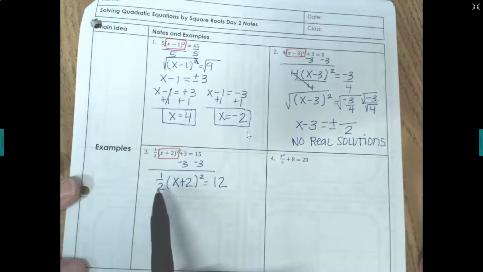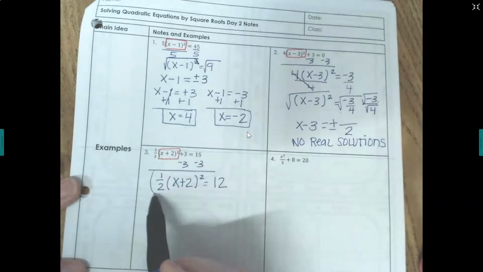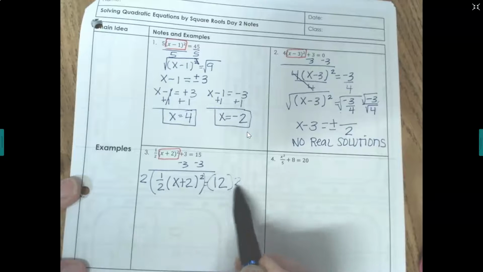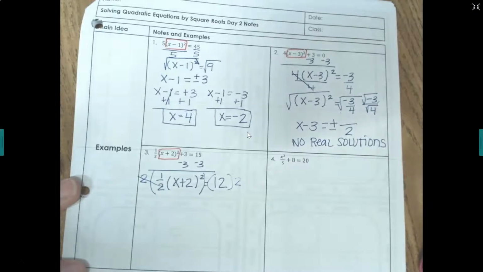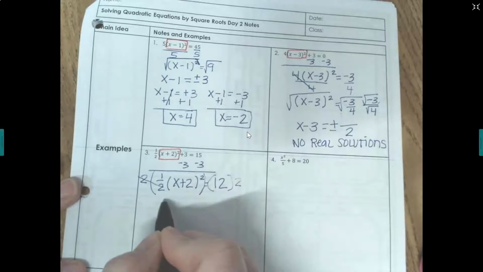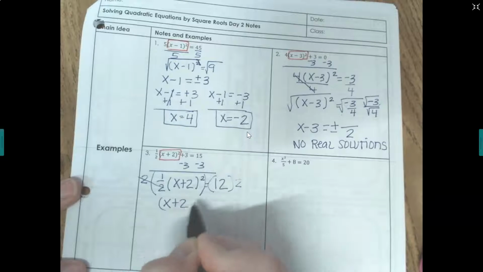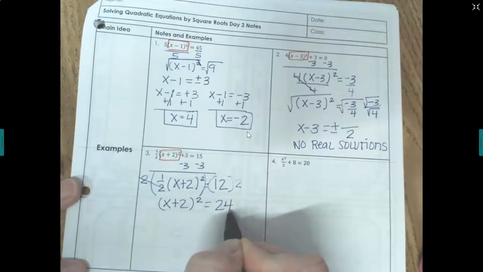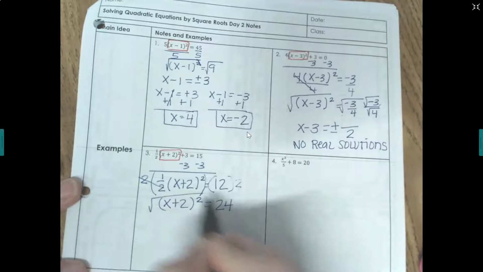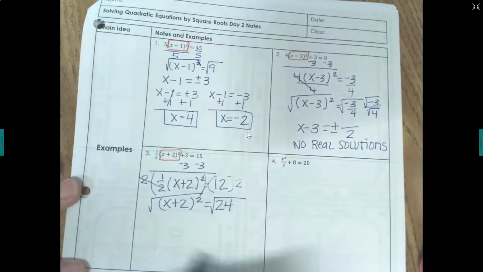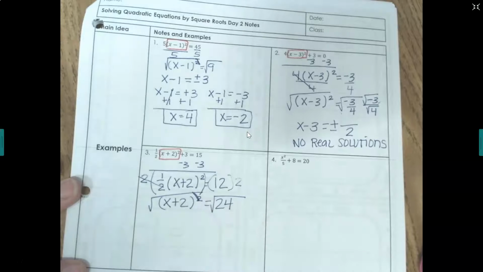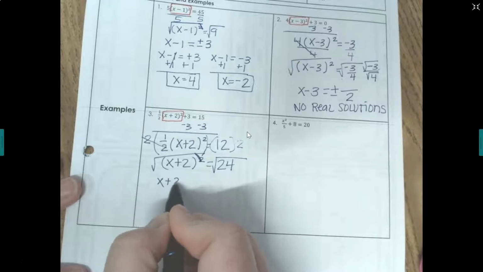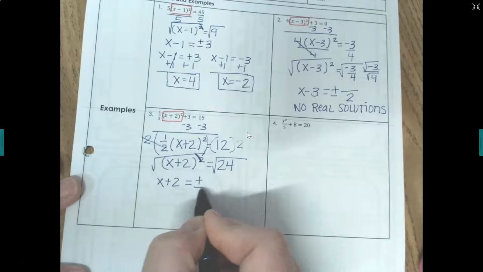We need to get rid of the 1/2. It's already dividing by 2. So if I multiply by 2, I can get this 1/2 to cancel to 1, leaving (x+2), it's still squared, equals 24. We're going to square root both sides. Remember, the square root cancels the squaring here, and we have x plus 2 equals plus or minus, let's break